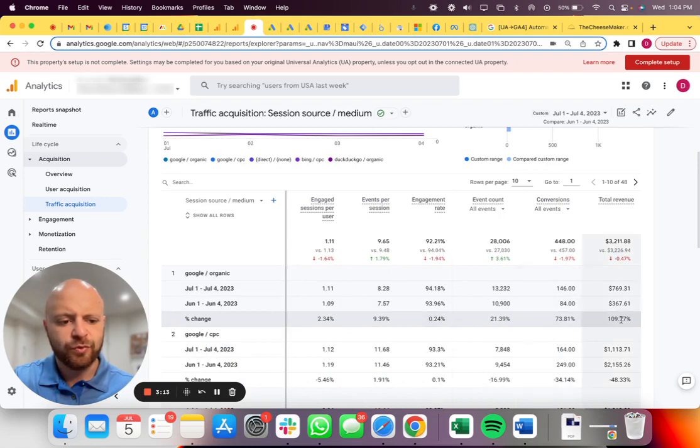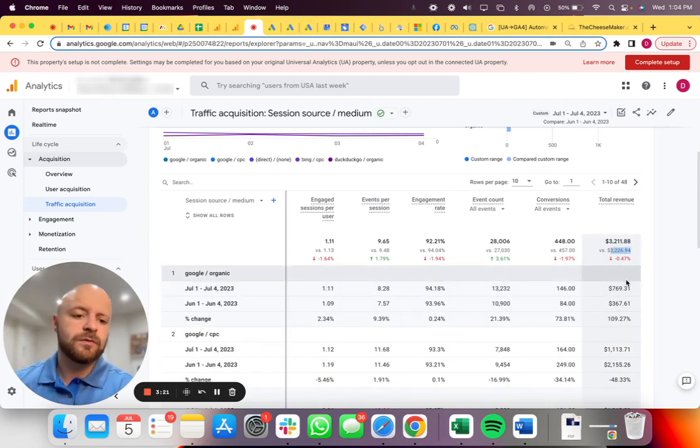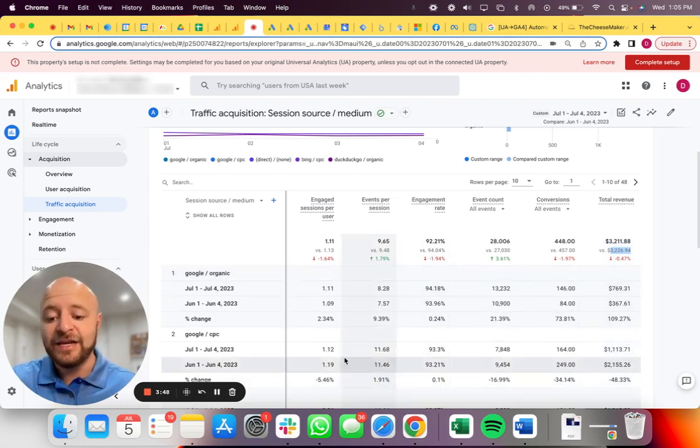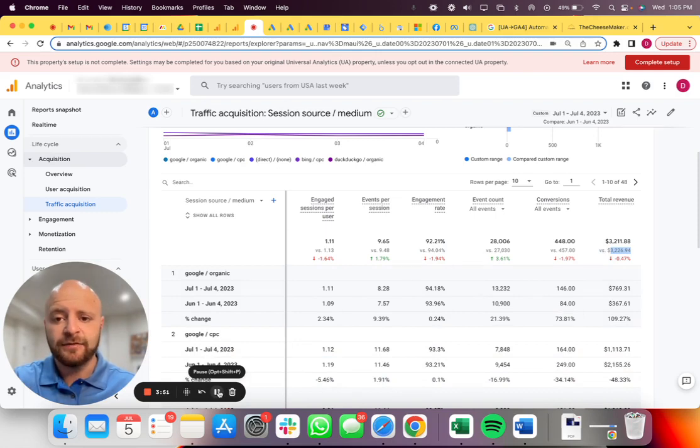And then we scroll all the way to the right, we can see revenue. It looks like $3,200 in revenue versus $3,200 in revenue, which is pretty accurate because we've spent about the same amount of money as we did last month at this time. And honestly, 4 days of data isn't super, you can't really go off a lot, right? So things seem pretty consistent, pretty stable as far as traffic. Now, we need to look at Universal Analytics and see what's going on there, because we still have access to that.